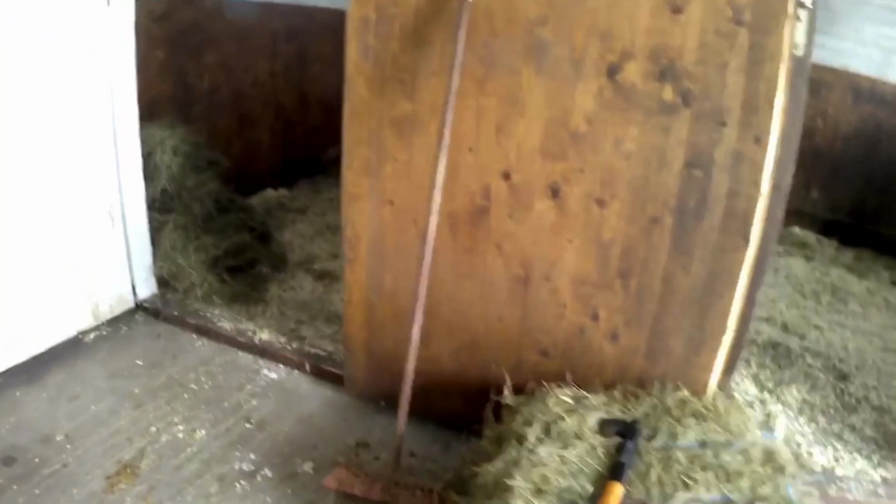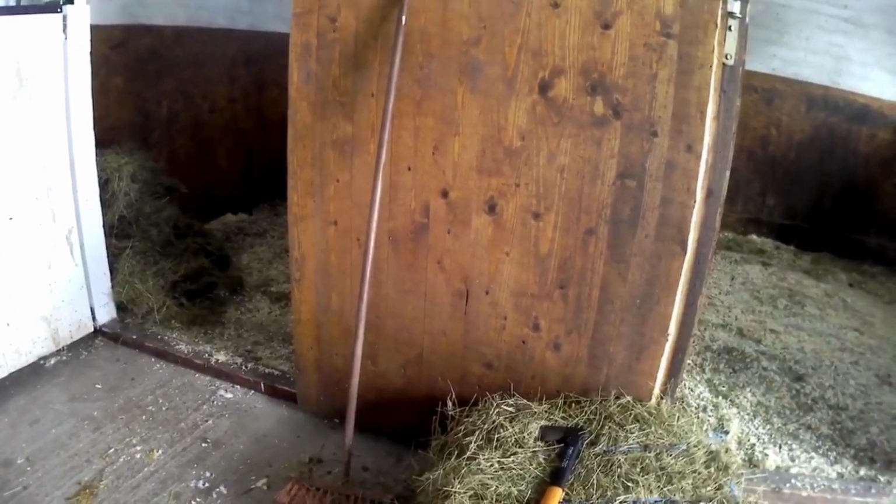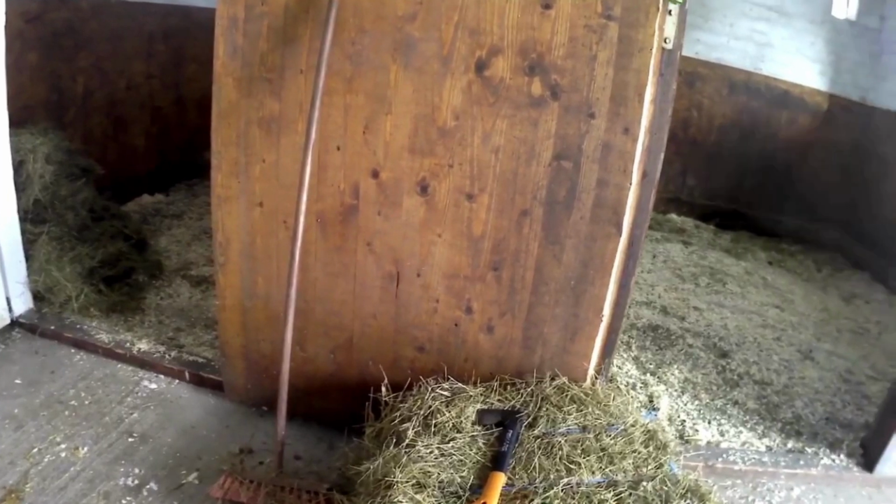And now we are almost done putting all the hay in every room. Then it's done here. All I need to do is sweep a little bit outside, and in Tia's room, for the hay. And this is how I clean the horses' stable. It's not really a hard job, but